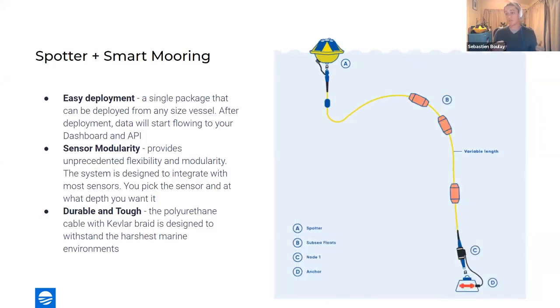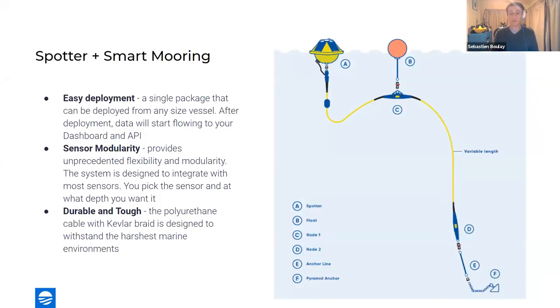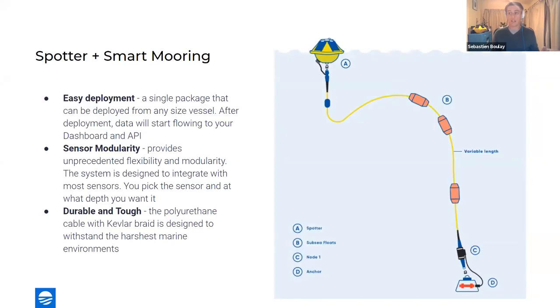The other thing too is that because the buoy is GPS based, we always know where it is. As long as it's outside, we know where it is. And from your dashboard, you can set up a geofence, which is a virtual fence around the buoy. And if it gets out of there, you get notified right away, and you can switch to a rapid refresh of position, if you will. So you can see where that buoy is going if someone's taking it. And we've had